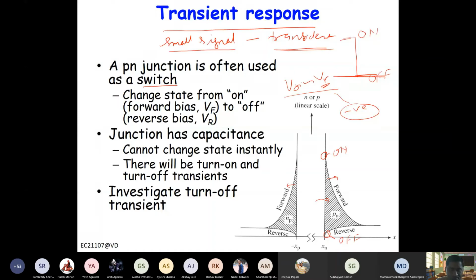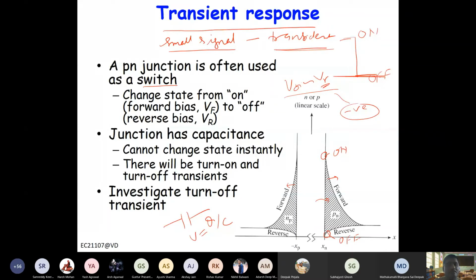You have seen this phenomenon in a simple RLC circuit also, right? If you remember, across the capacitor, the voltage cannot be changed instantaneously, right? And voltage is Q over C. That means charge cannot be changed instantaneously. In case of inductor, the current cannot be changed instantaneously, right? So this diode is basically acting like a capacitor. So we will analyze both of them.